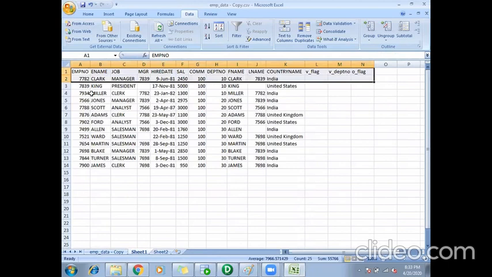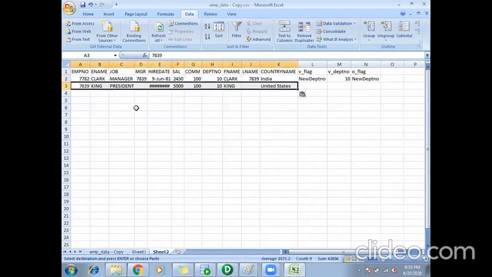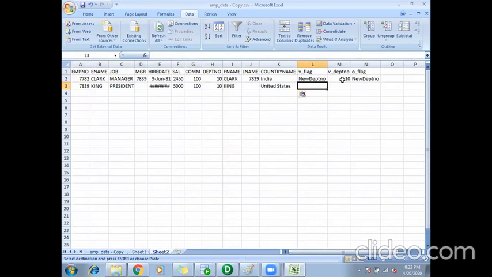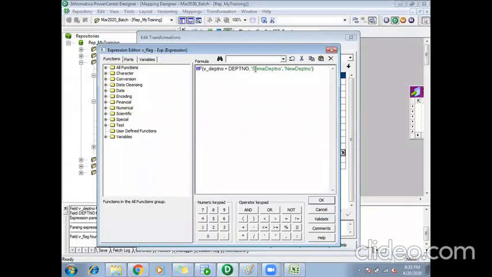Then the second record comes here. Same thing again. I will check whether V department number equals the second record department number. It is equal. So if it is equal, I'm saying same department number.